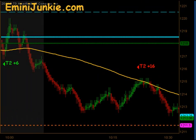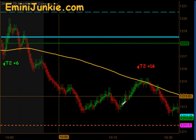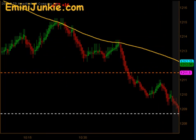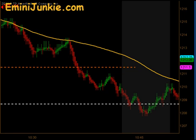The speed of the move was very quick initially, coming off that 10 o'clock reversal time frame, and it wasn't until the extension that there was an opportunity to get short. That did produce targets 1 and targets 2 to the downside for 16 ticks as the market went and filled the half gap all the way down to the daily pivot at the 10:45 confirmation time,